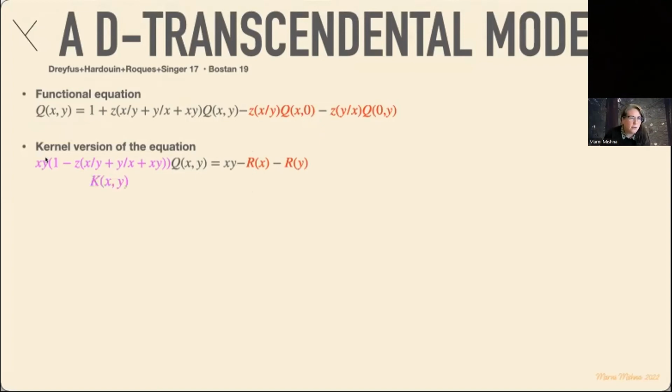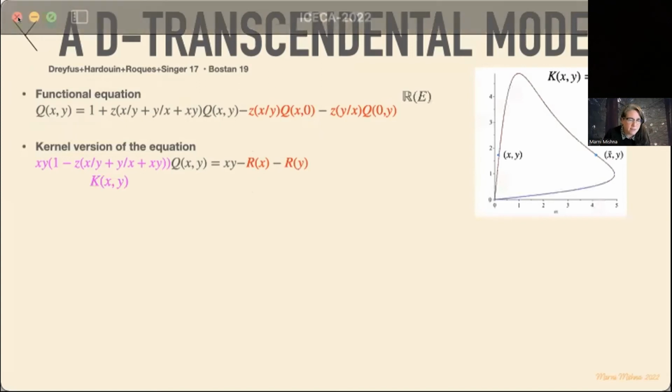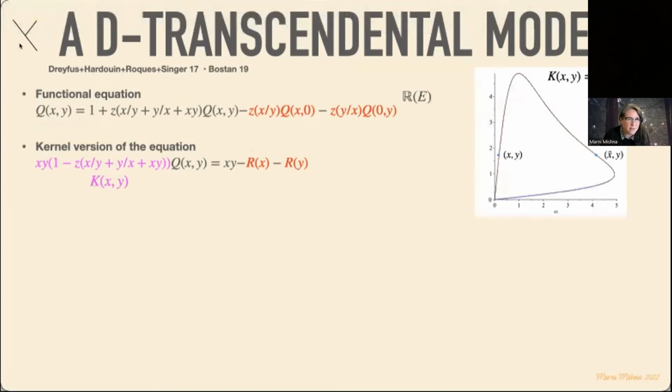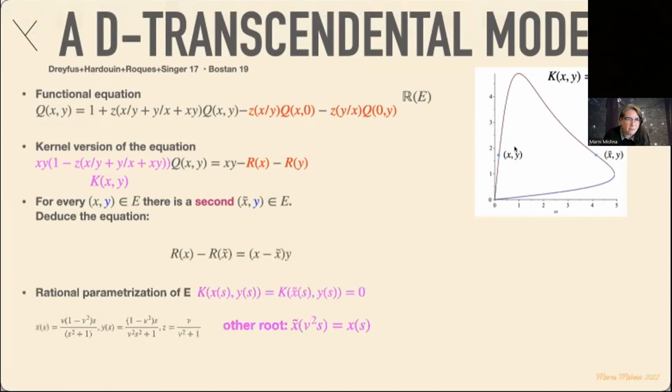Here I see my kernel, my step set, the inventory of my directions. Here I've drawn out, in this case, remember this is a specific example, it's not north, east, southwest anymore. It's northwest, northeast, and southeast. There are real points on that kernel. So you can see whenever I have a point for a fixed y, I have 2 points for any fixed y on my kernel. So that's going to give me a functional equation I can manipulate.